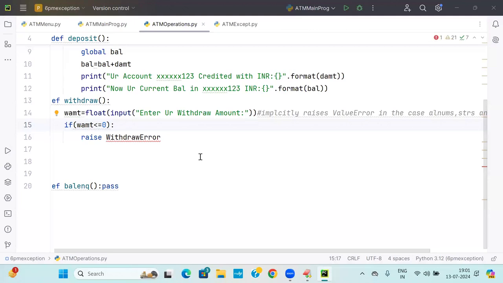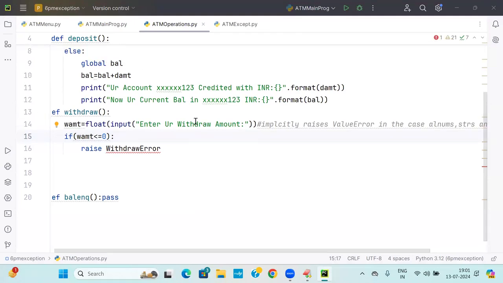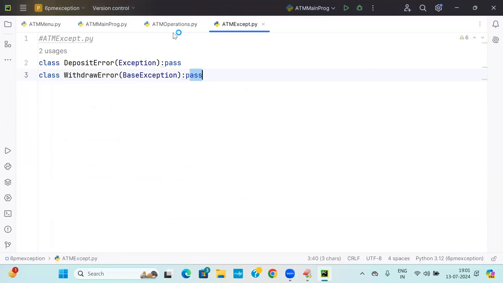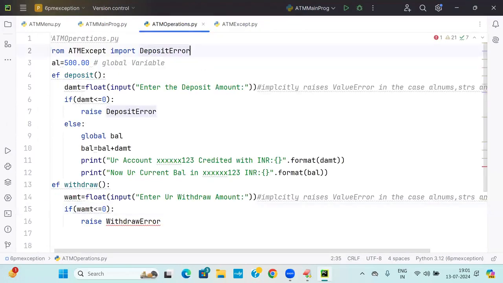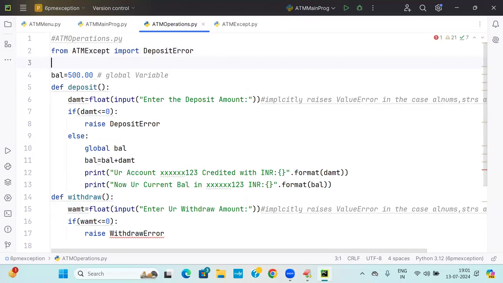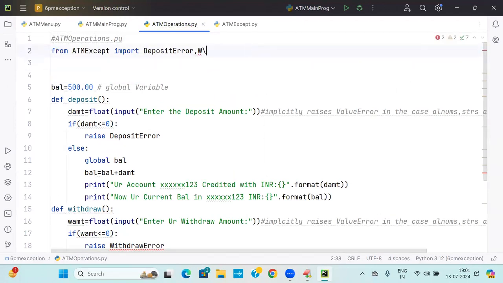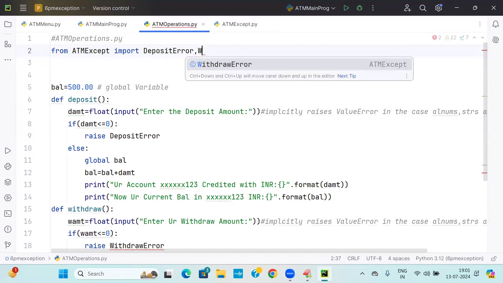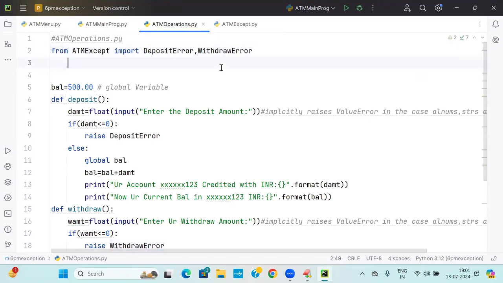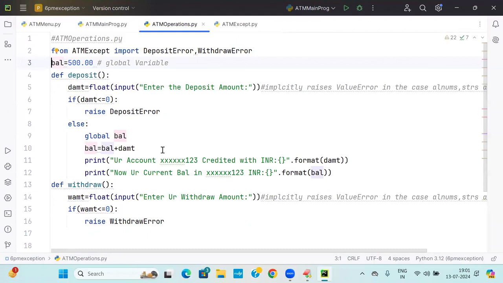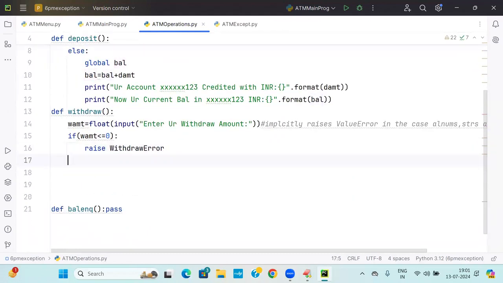Now withdraw error. So I developed it. Now I'm going to this place. From already it is there. From what is this now? Withdraw error. Got it. So here students, go further. Now I'm saying withdraw error. Okay. Next up,